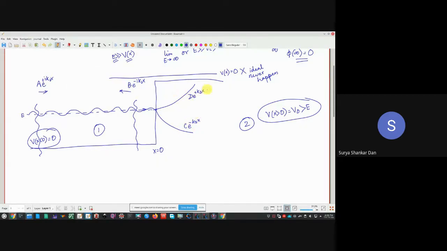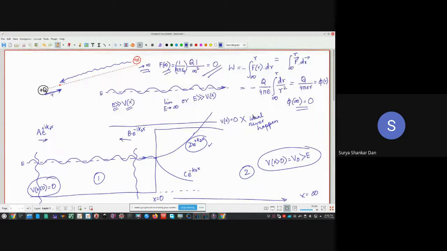So if we also assume this one, that okay, this is also possible, then what does it mean? As we go on and on to x equal to infinity, I mean, it will extend beyond the screen of this paper. Okay, let's do one thing, let's bring it down. At infinity, this will essentially mean that you are going to have an infinite probability of finding that electron at x equal to infinity.